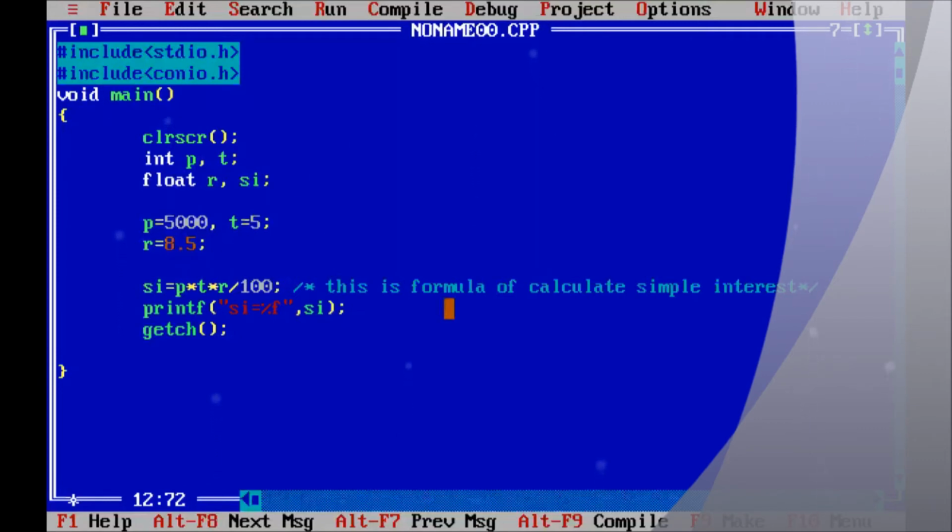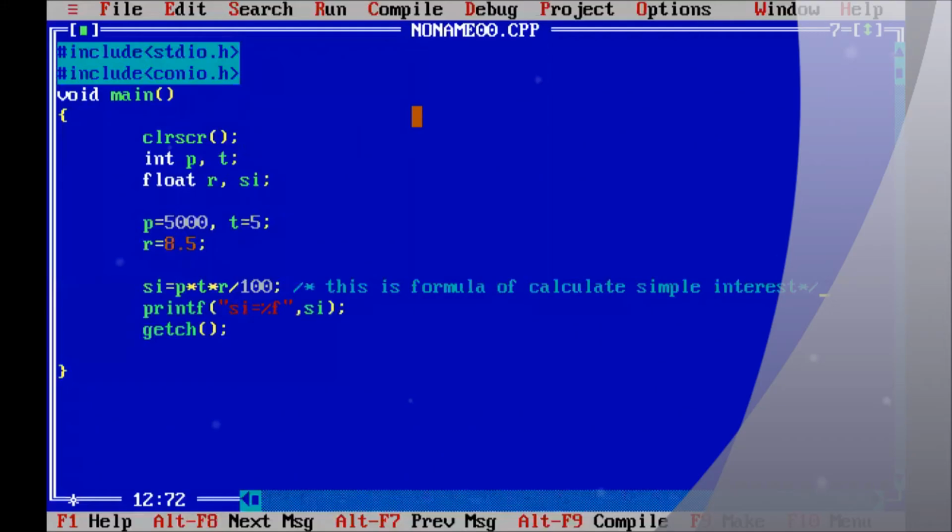So you can write a comment anywhere in this form. Okay. Again, we compile the program. We can also compile the program with Alt plus F9 and run the program with Control plus F9.